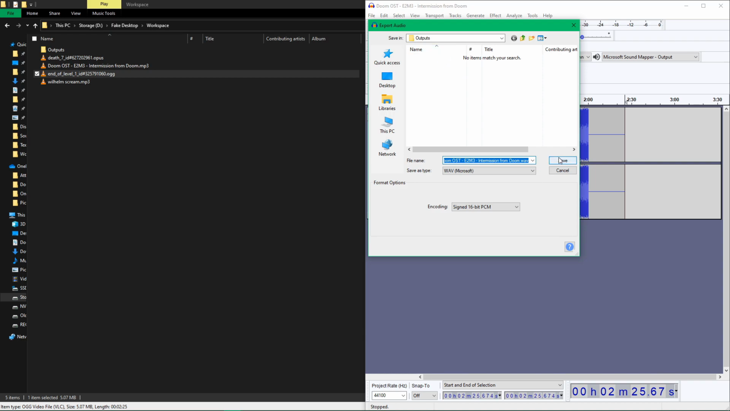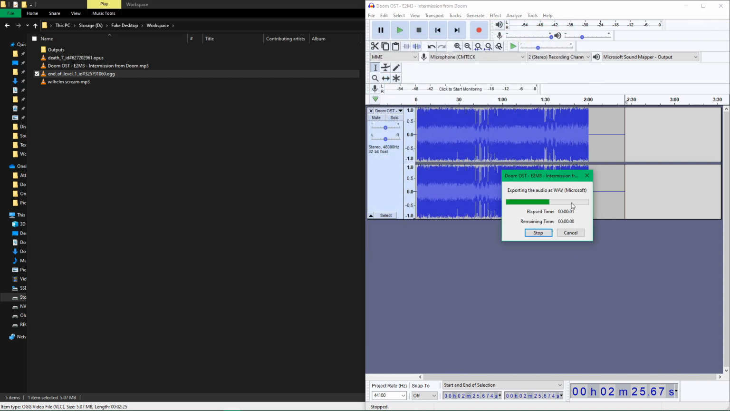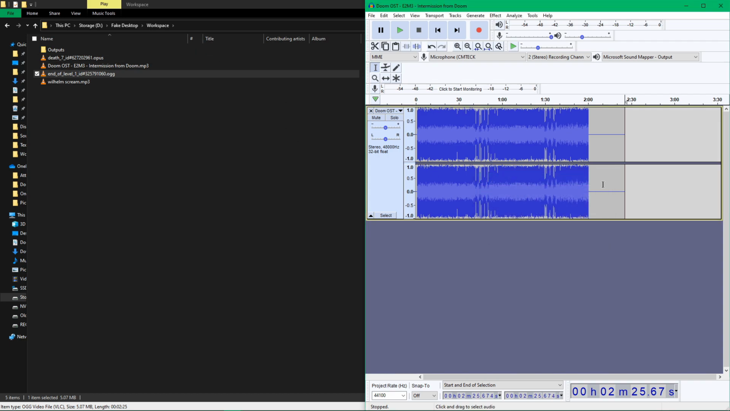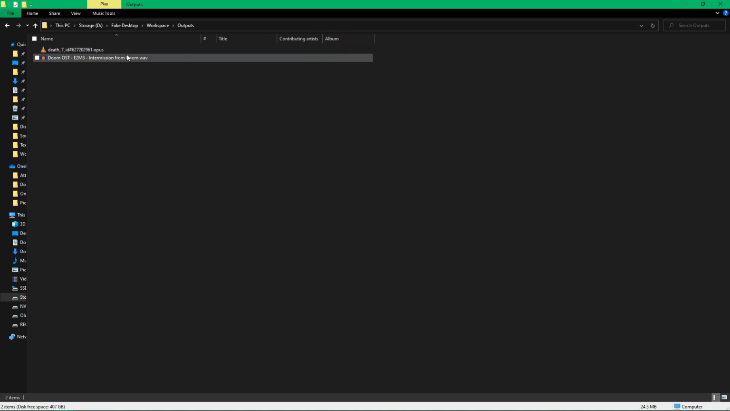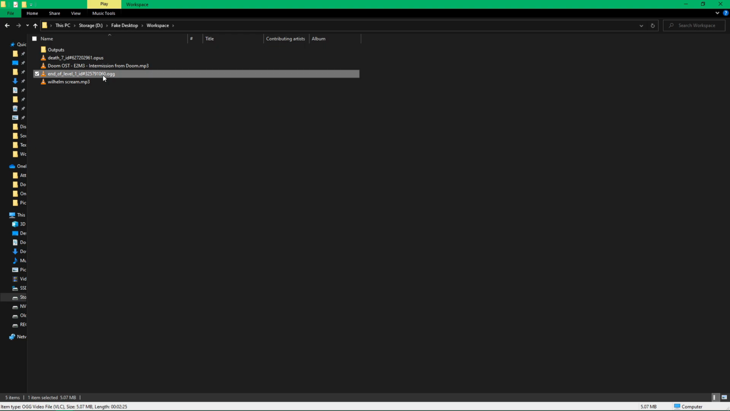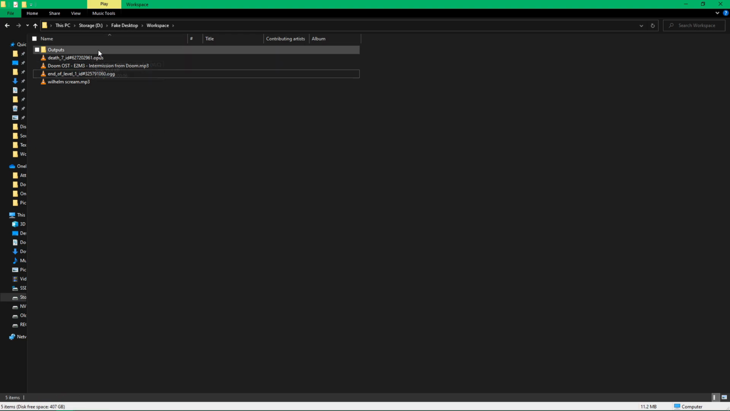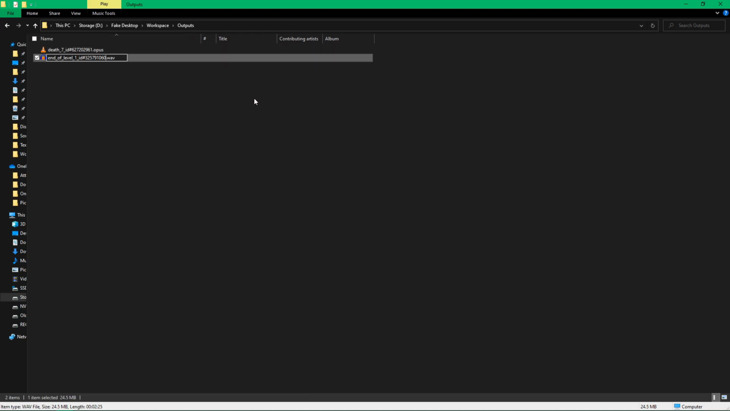Now, I'm going to put it in the Outputs folder just for now. We can go ahead and close that. Don't save that, that's just for Audacity. Open our Outputs folder and you can see it's here as a WAV file. Now we can go ahead, take the name of the original OGG, and we can paste it in here, but